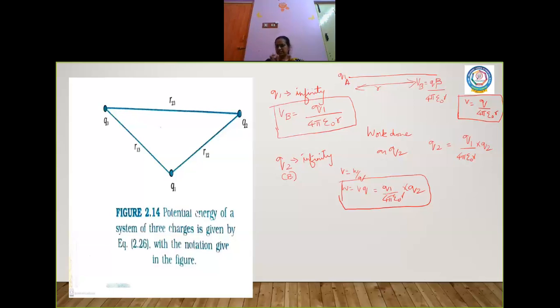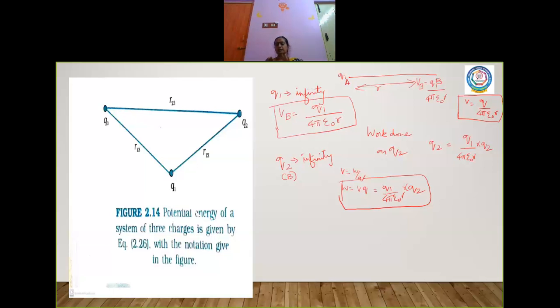Now this is with respect to a system of two charges. In this case, what did I do? First, I took 2 points. Then I brought charge Q1 from infinity to A. No work done. A potential is created at B, given as VB equal to Q by 4 pi epsilon naught R. Now I bring another charge, Q2, from infinity to the point B. What is the work done now? The work done is given as V into Q, which is Q1 by 4 pi epsilon naught R into Q2.